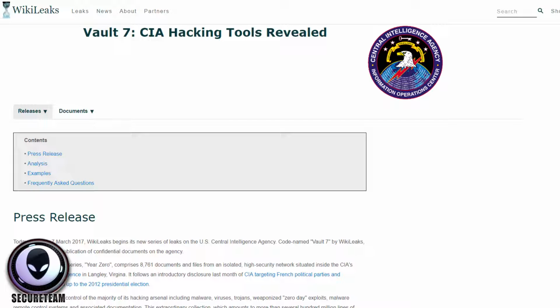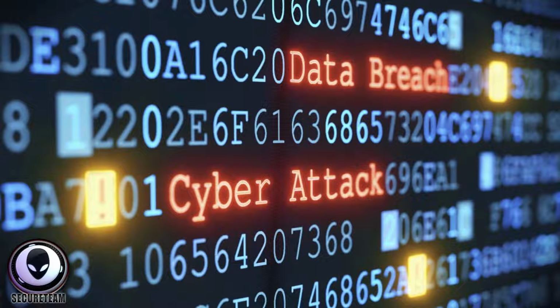If you don't know, just to catch you up real quick, a couple weeks back, WikiLeaks on their Twitter started posting these very cryptic tweets about something called Vault 7. Each tweet gave us a different hint. One tweet would say, "Where is Vault 7?" Another would say, "What is Vault 7?" And up until now, we could only theorize as to what they were talking about, what was the secret meaning